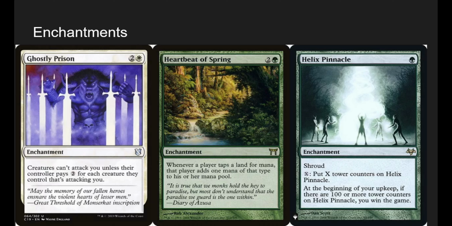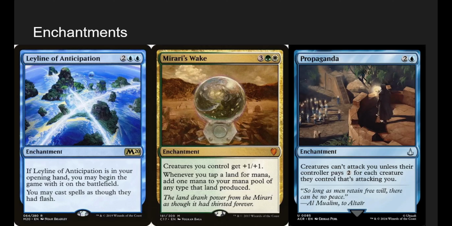It's normally a slow and steady burn, but with all the mana doublers and stuff, we can make this very possible. Also, before this triggers on our upkeep, if we can win, we could just dump everything out and see how many counters we can put on it with all our untapped lands, if we're close enough, which is kind of nice. Leyline of Anticipation, we can start with it on the battlefield if it's in our opening hand, and then